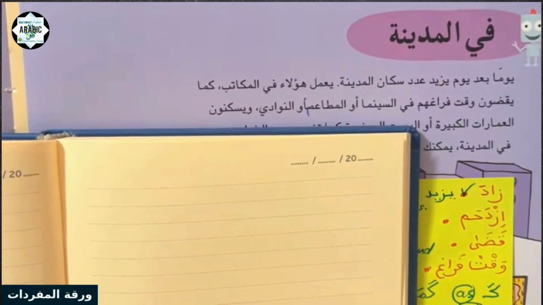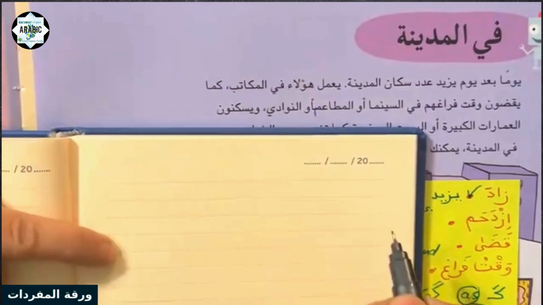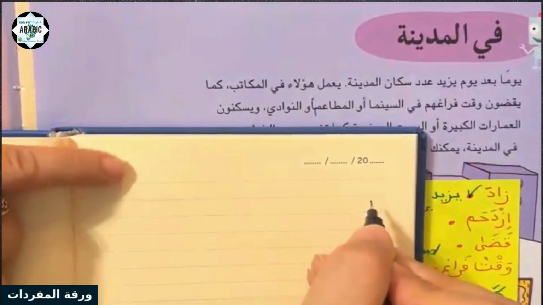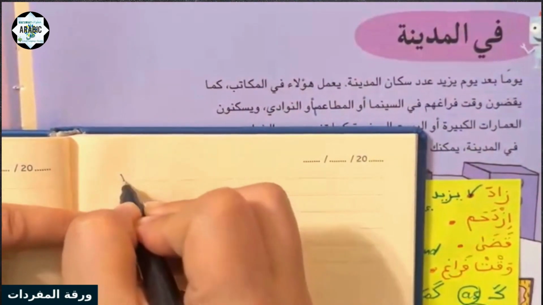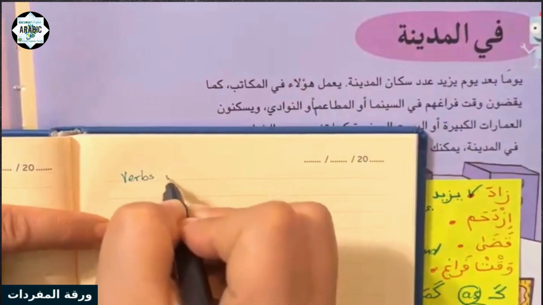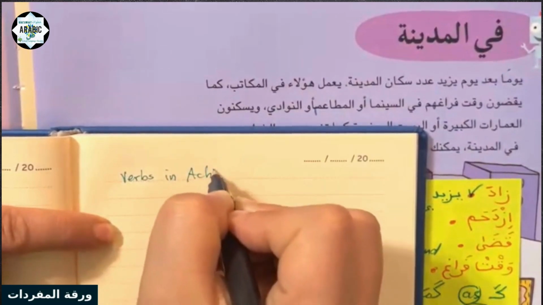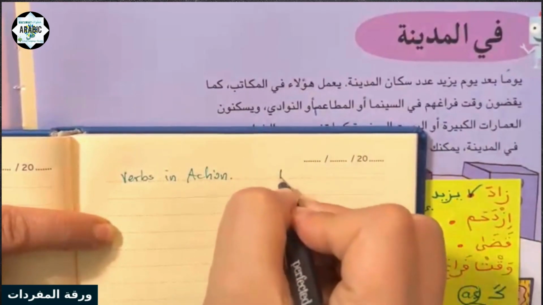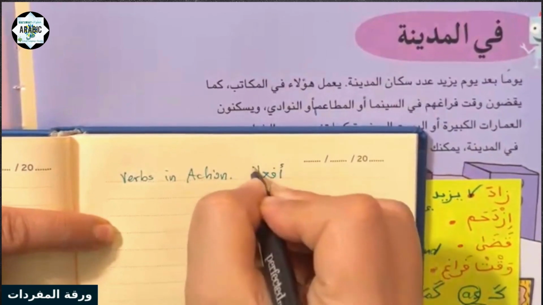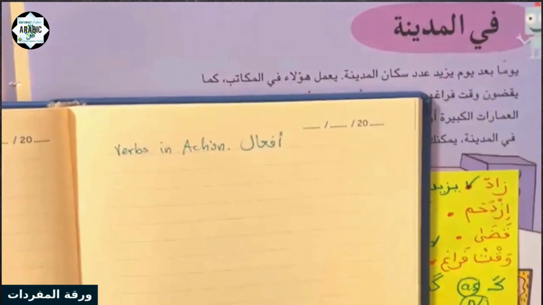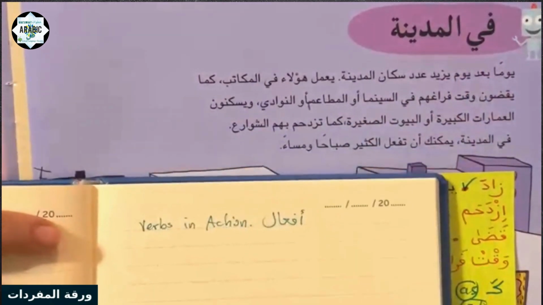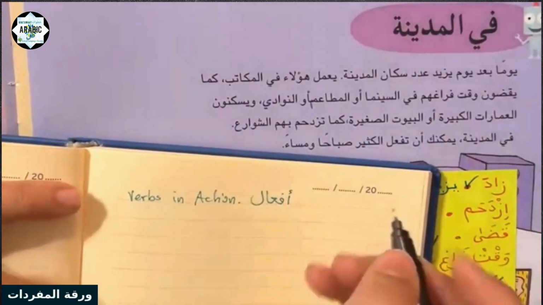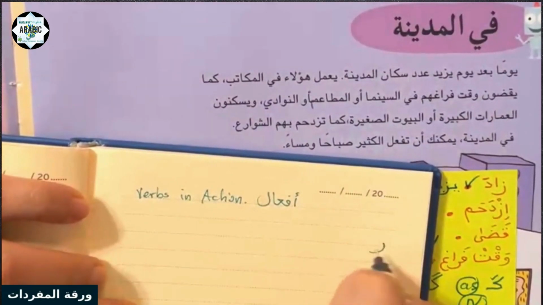And now I'm gonna go over the vocab one more time and write them nicely and neatly so I can retain the words. So I will put verbs in action. هنا I will put أفعال. And all the verbs that appear to me over here or I came across, I will write them down here with examples. So I'll put زاد,